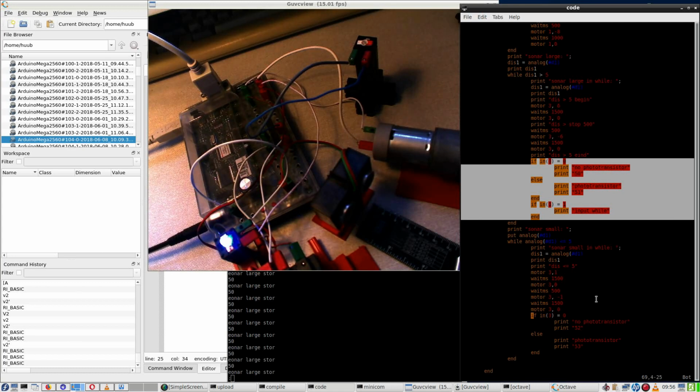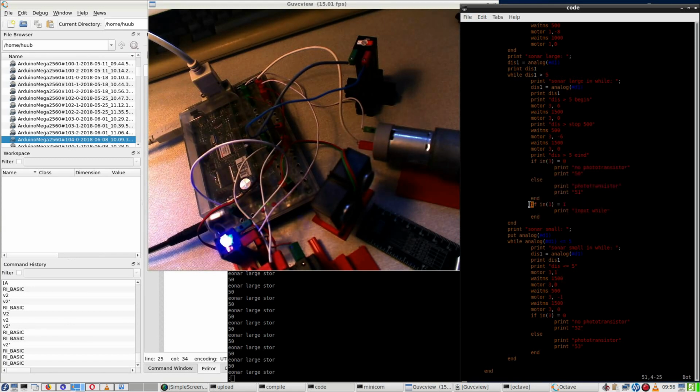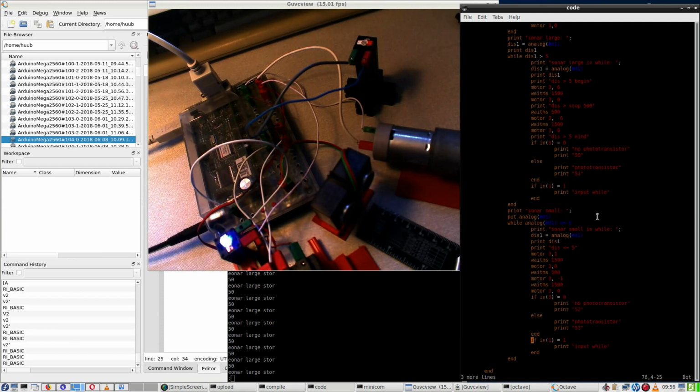No, which I did not yet do, because this is nice to put here as well. Putting this down here. If it is here, then make it input while 2. Just a very tiny script change,